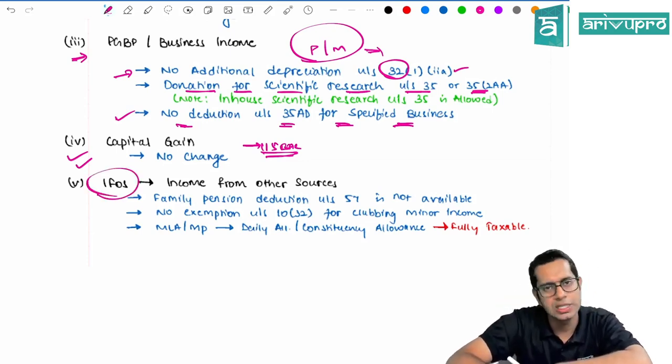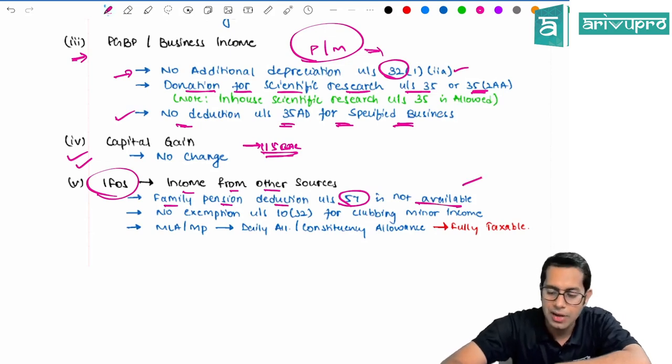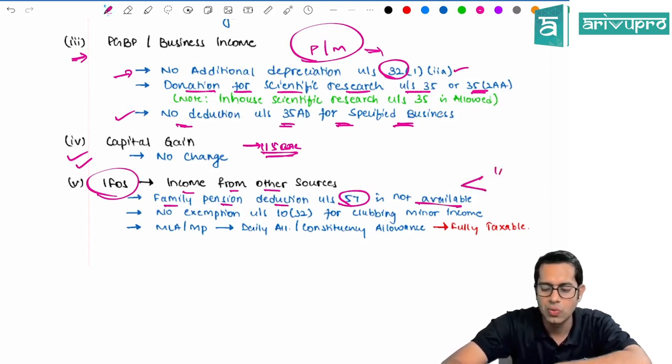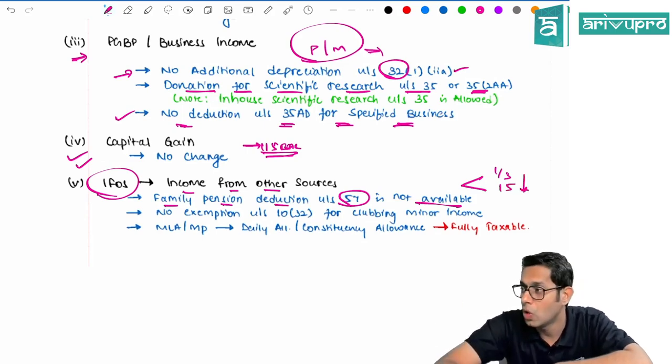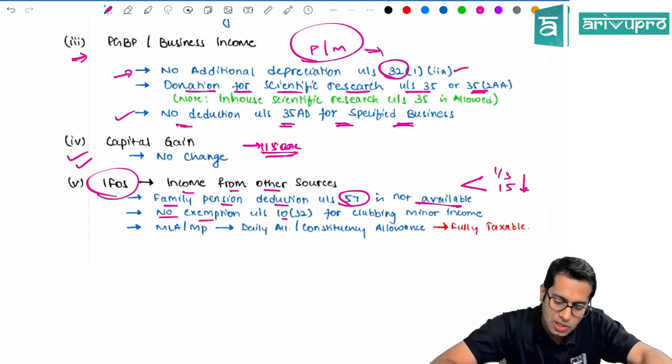Income from other sources, is there any change? Income from other sources, family pension deduction under section 57 is not available. Family pension, if you have any, 1/3 of your pension or rupees 15,000, whichever is less, is allowed as deduction. But if you follow 115BAC, no, I will not give. You will not get any exemption for